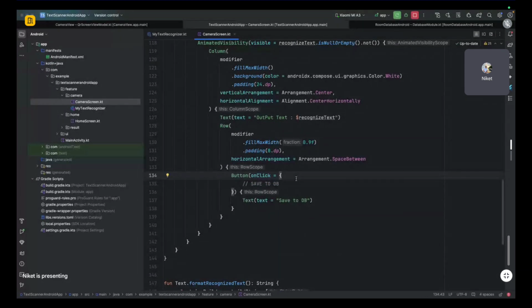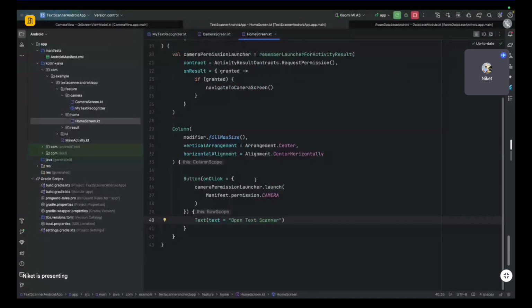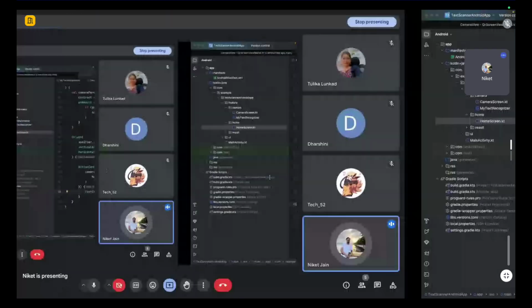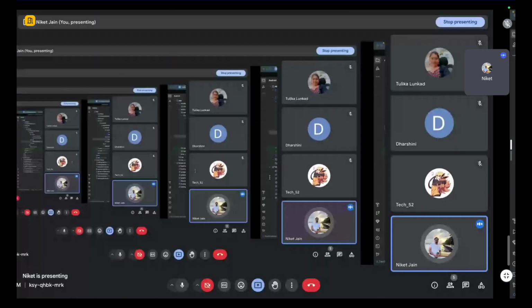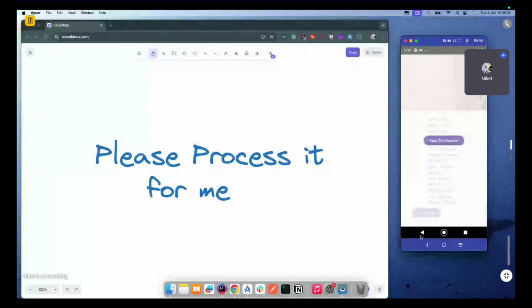Okay, and in the home screen, as I am only showing an open text scanner button, you can create one button here, which is going to say